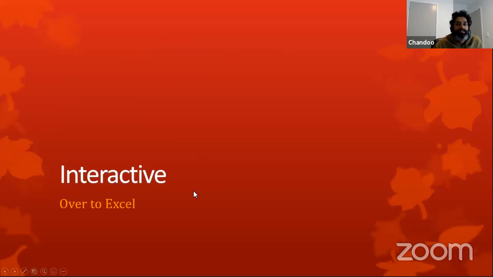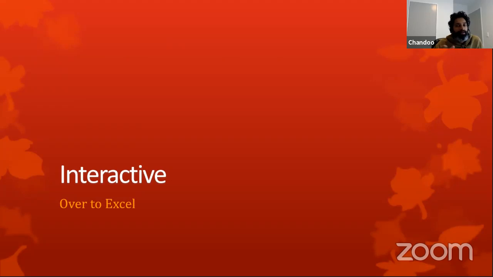The next one is, as much as possible, think of having some sort of an interactive version of the dashboard rather than a static version. This is mainly because nowadays we are spending less time printing and circulating reports. We are spending more time sharing the report through web or through files or through email or through tablets or applications or whatever. So all of this means your audience are going to always come back to you with more questions if you give a static version of the report.